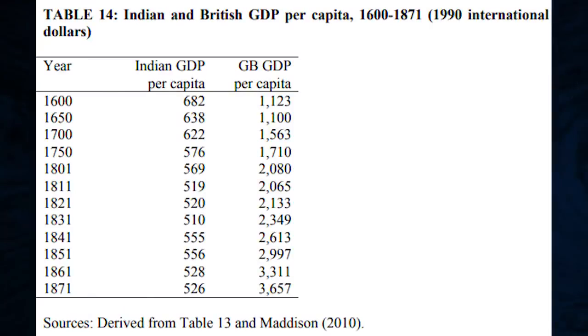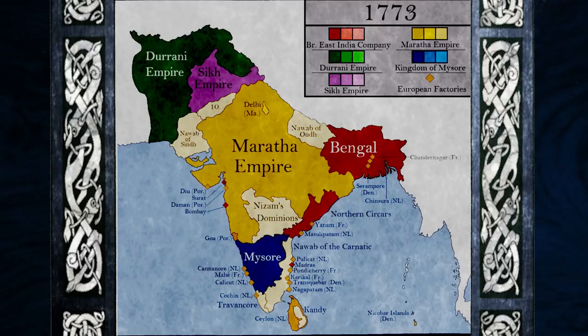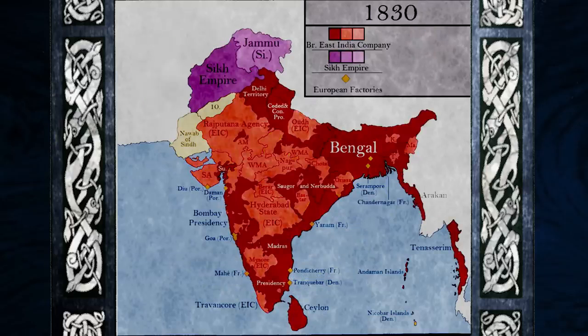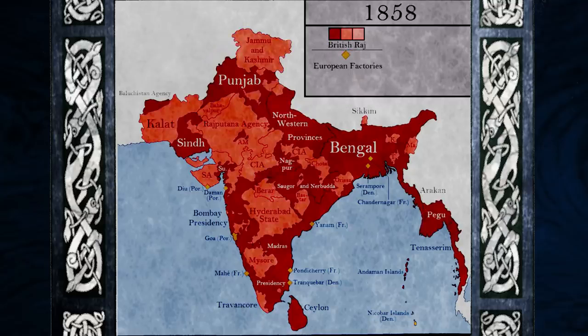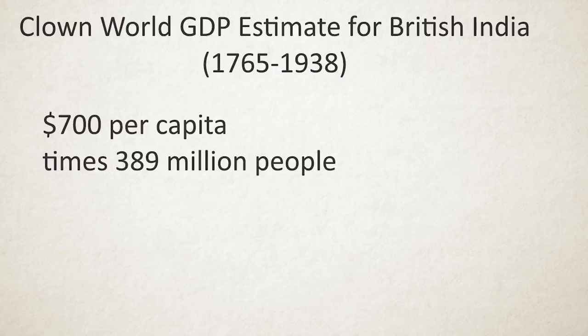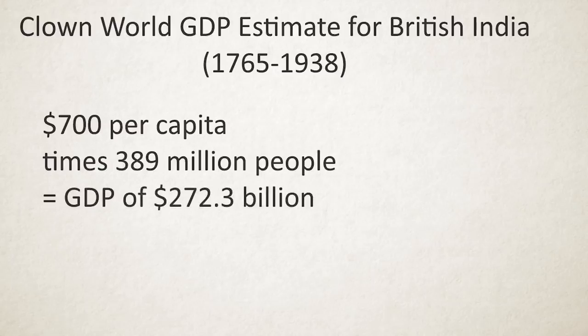The per capita GDP, of course, was anywhere from $682 to $526 per person, and so we'd have to do it every single year, and weight by population every single year. You know what? Forget it. Let's give them $700 per person. That's higher than any value on this table. So $700 per person, 389 million people a year. And let's say that the British were in charge of the whole continent in all of those years, that there was no transition period, that in 1765, they were in charge of the whole thing, from Burma to the borders of Afghanistan. These are wildly high numbers, but even using these ridiculous numbers, you get India having an economy of 272.3 billion